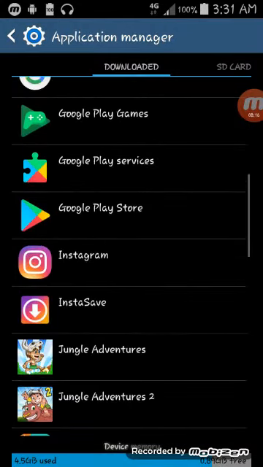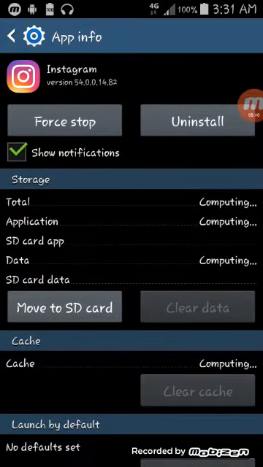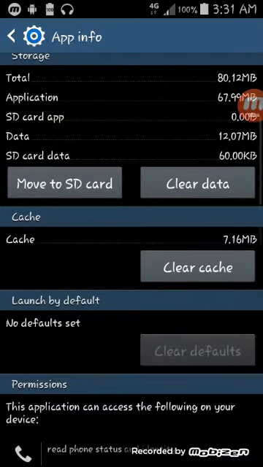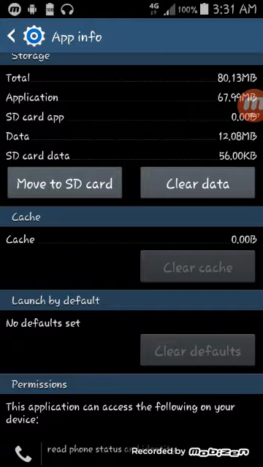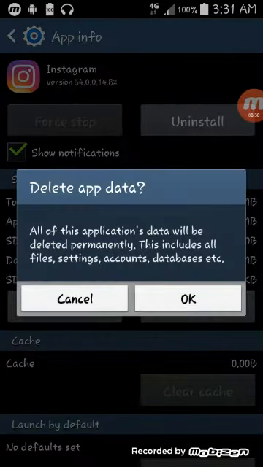Right, there's Instagram. And then clear cache. That could also fix the problem. Plus, do a force stop and possibly clear data.